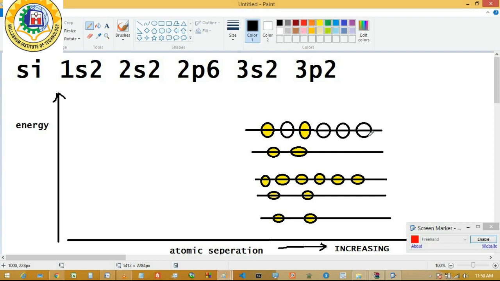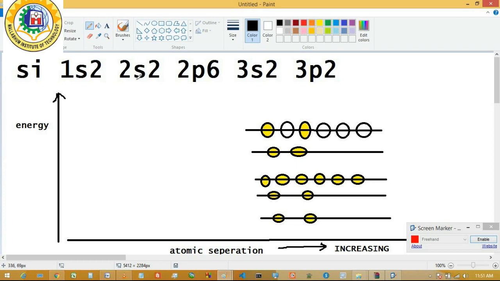So you can see from the diagram that for the 1s level there are at most 2 energy states available, and within that energy level we are denoting that there are 2 electrons: this is the 1s2 energy level. Within that energy level only 2 electron states are available, and this yellow represents that these 2 energy states are occupied by the electrons. So for this level only 2 electron energy states are available here, and all of them are filled up by electrons.